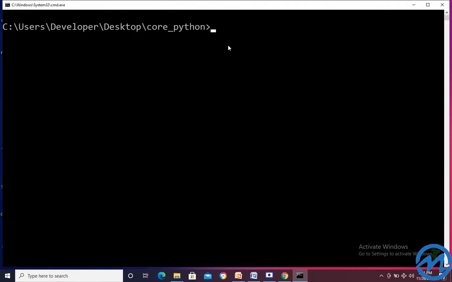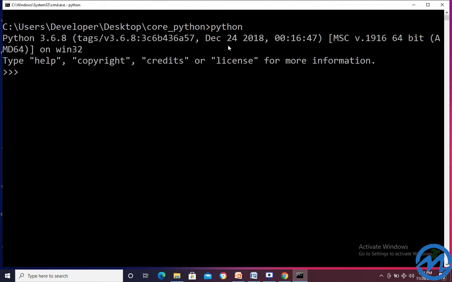Now if you want to write Python temporarily, you can write a Python program temporarily in the command prompt also. How can we write a program in the command prompt? See here, type python, enter, then you will be in the Python environment and can directly start. Suppose you write a is equal to 10, b is equal to 20, and then c is equal to a plus b, and then c. So you got the answer 30.